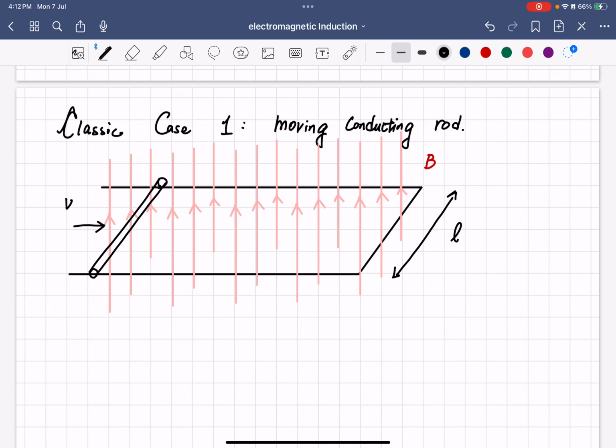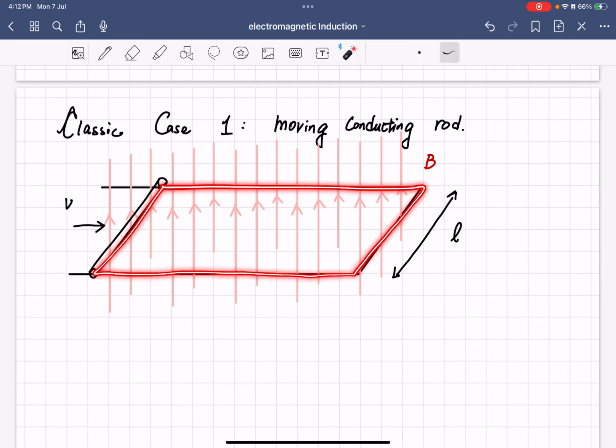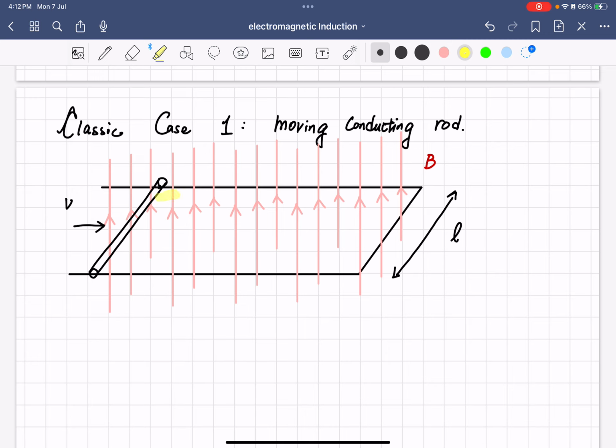First of all, we need to ask, okay, where is the loop? Where the loop is quite obvious will be this part here. This is the corresponding loop that we can study the number of magnetic field lines that it can enclose. So this will be the area that we want to study. The area. Now, as a moving conducting rod, this is like a moving conductor,